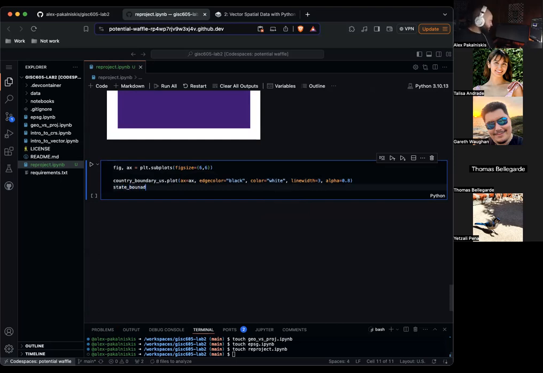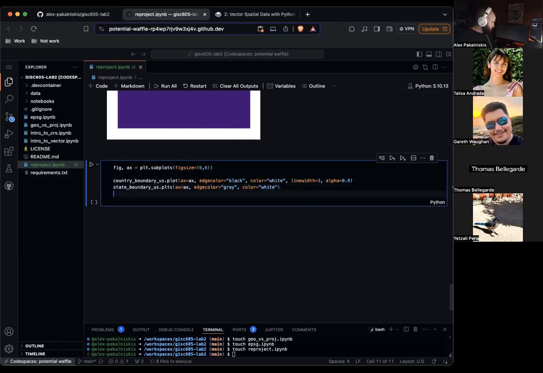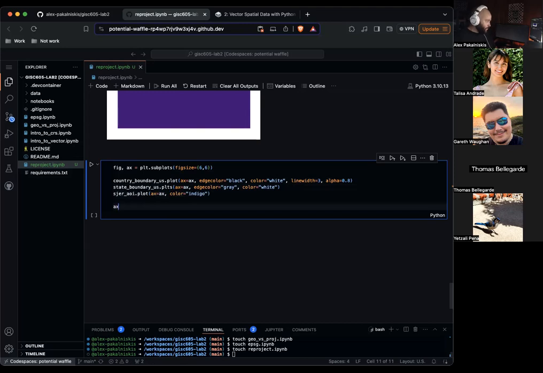State boundary US dot plot, ax equals ax, edge color equals gray, color equals white. SJER AOI dot plot, ax equals ax, color equals indigo. ax dot set axis off.